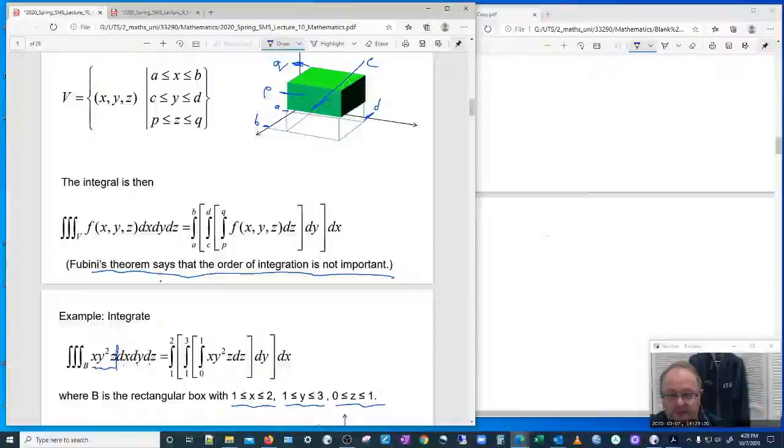So they've been allocated their respective x, y, z limits of integration. So x is being put at the back, 1 and 2, because Fubini says the order is not important. Y is being put in the middle, 1 to 3, and 0 to 1 for z is going in the middle. Okay. So if we do the integral